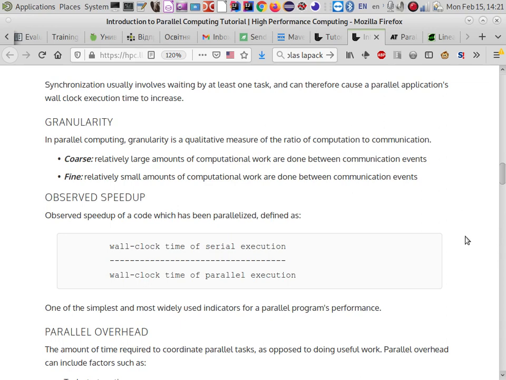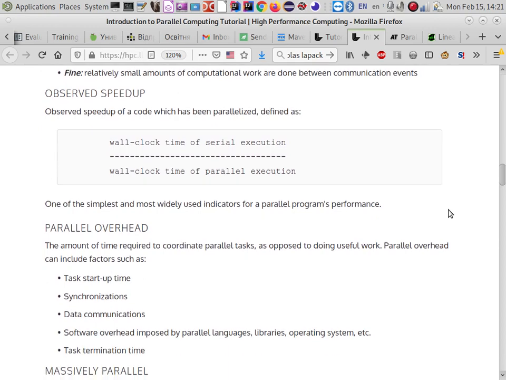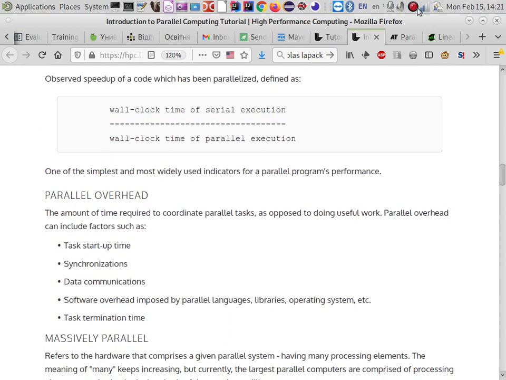So I believe that for today it will be okay. In the next class we will talk about an example of